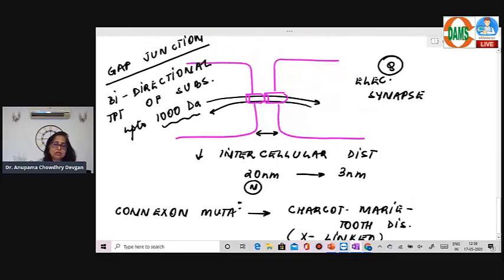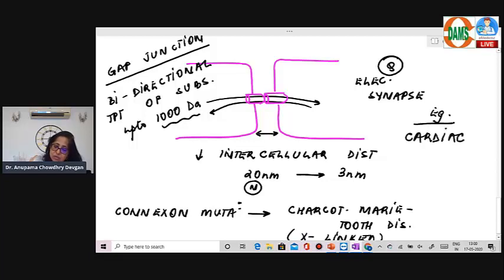So these gap junctions are formed by connexins. Connexin of one cell is aligned with connexin of the neighboring cell. This results in what is known as the electrical synapse. Where do you find the gap junctions? Gap junctions are present in the cardiac cells, in the heart, between cardiac cells. Then it is also present in, like I said, that is why connexin mutation will give rise to a